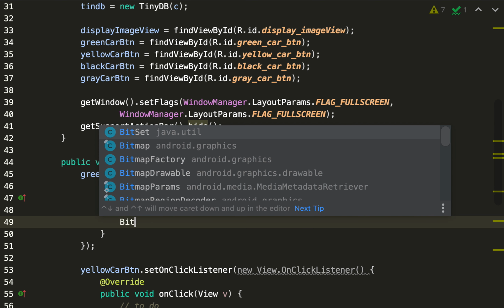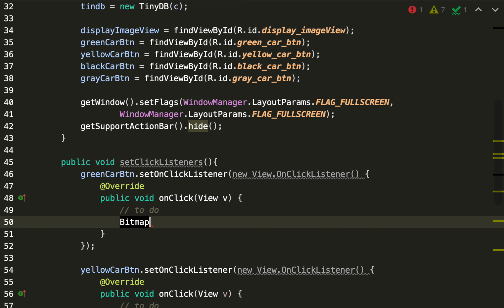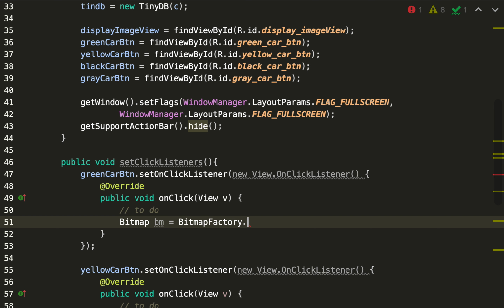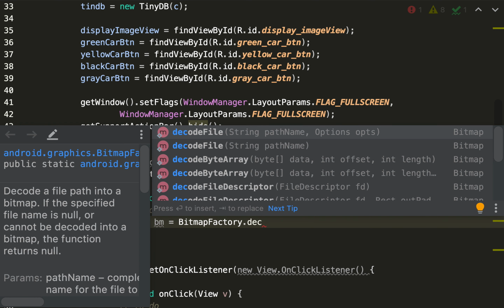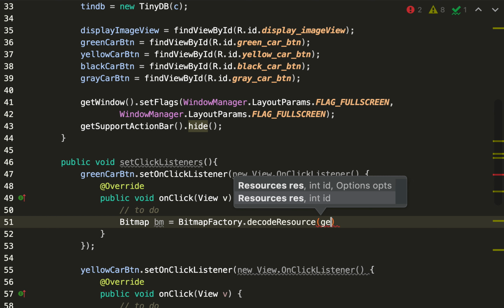So in Android, image data is saved in a variable called bitmap. Bitmap is the image data format in Android. So that's what we're going to be using to load that image into. So we're going to say bitmap bm equal to bitmap factory dot decode resource, and then we're going to say get resource,